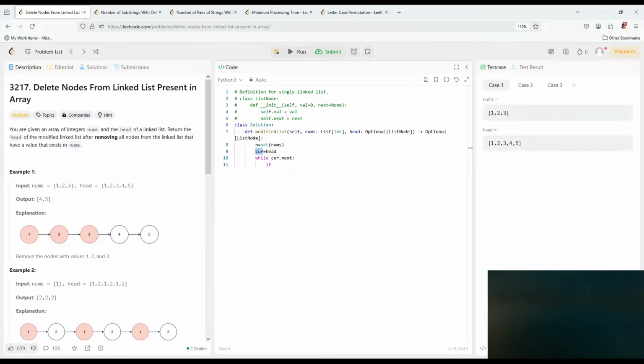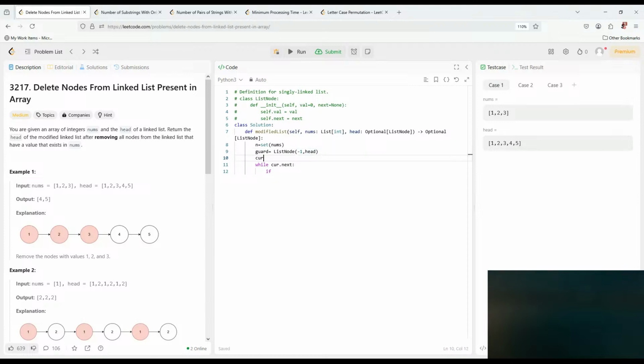So let's say guard, this node, this node we assign a value. Let's say we need -1, and next we head,